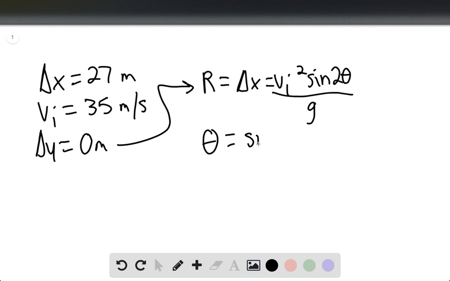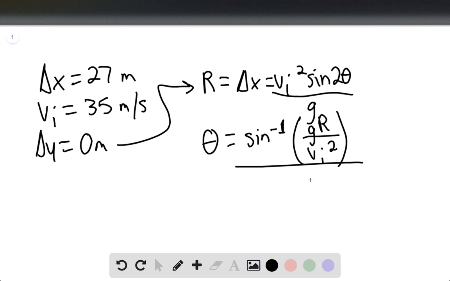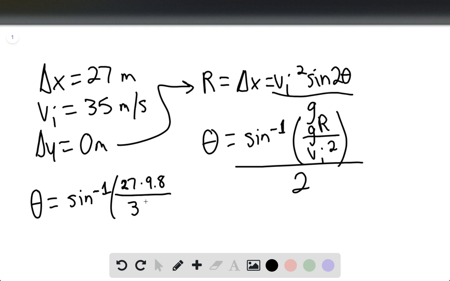theta is going to be equal to sine^-1, or rather arc sine, of g times delta x over velocity initial squared, and then we're going to divide this by 2. So we'll have theta equals arc sine essentially of 27 times 9.8 divided by 35 squared, divided by 2, and this is going to equal 6.2 degrees or